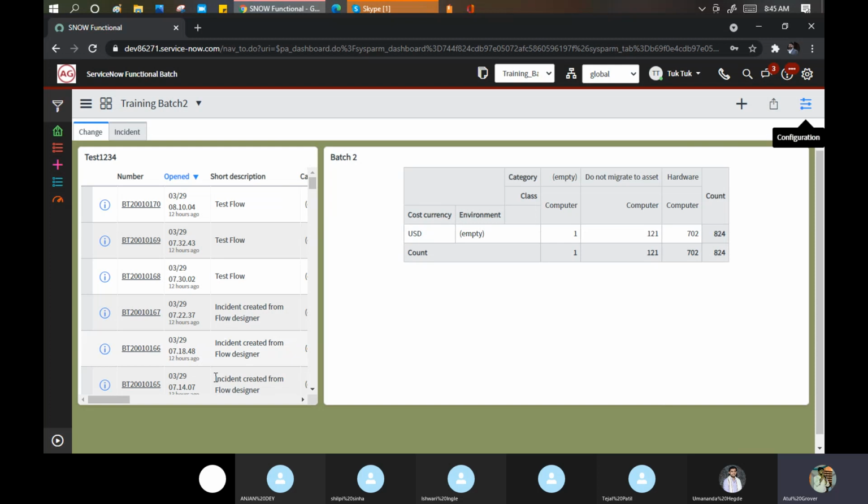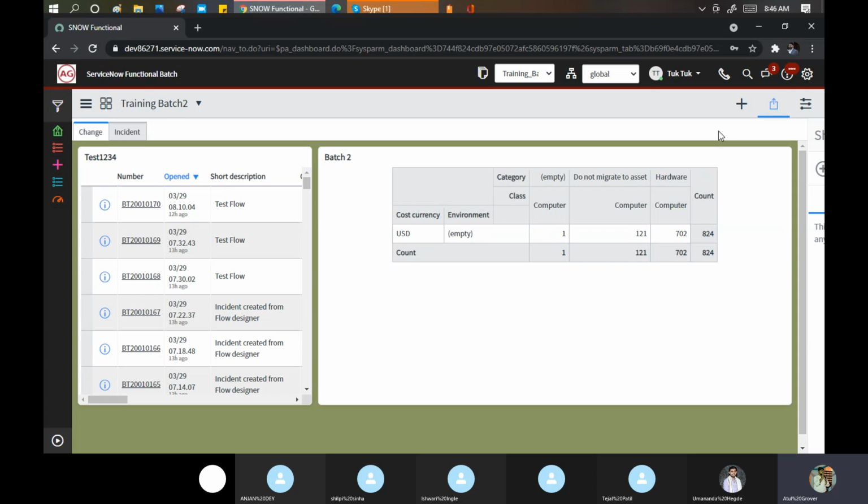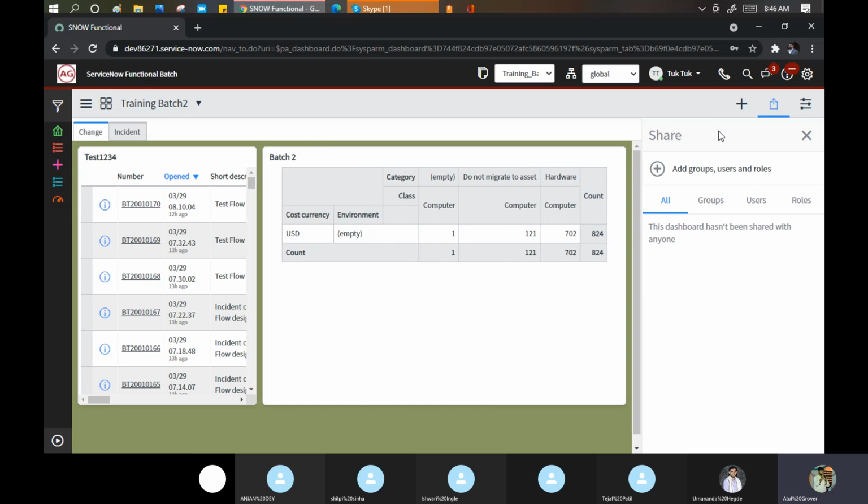Now an important point which I need to show you here. In the reports, we have a functionality called share. In dashboard also we have a functionality called share. How you can share this thing? Why this is important to tell you, because a managing director will ask his PA, okay, create one dashboard and share with all my direct reportees. So this is a place where he can do this.